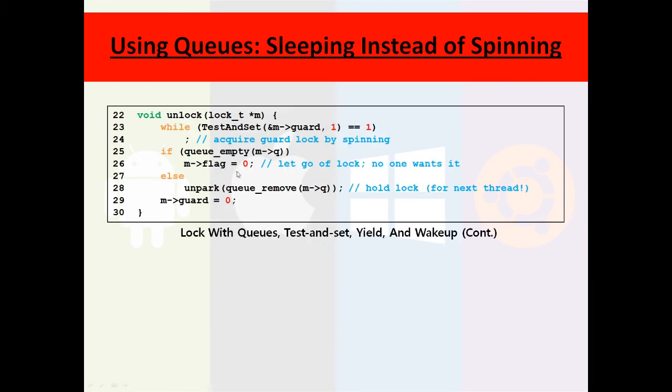Actually, let me just show you the unlock. So the unlock also has the same guard approach. And basically, after that, we say if the queue is empty, we can let go of the lock, meaning that no other threads are wanting the lock, so we set the flag back to 0. Else, if the queue isn't empty, we're going to hold the lock, indicating that another thread is going to utilize it,